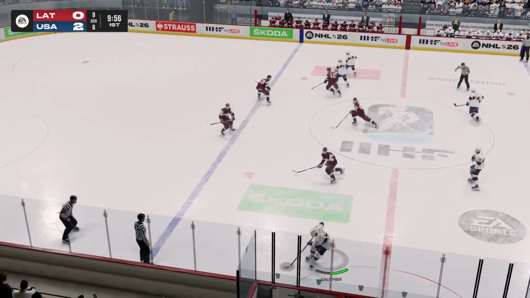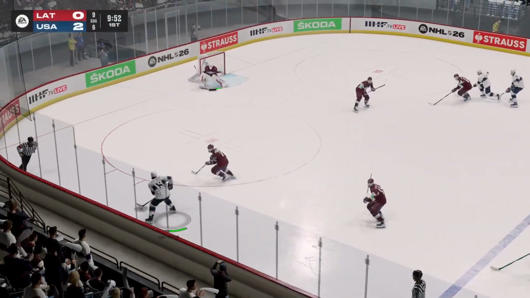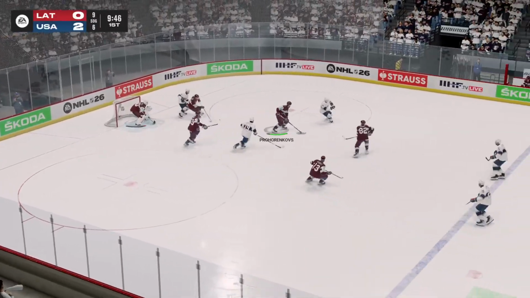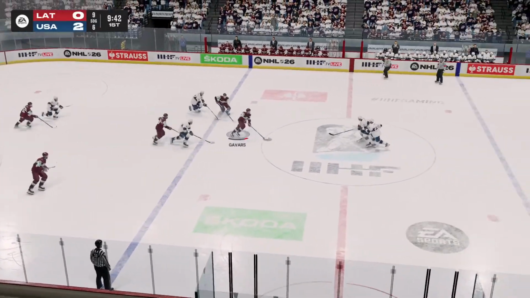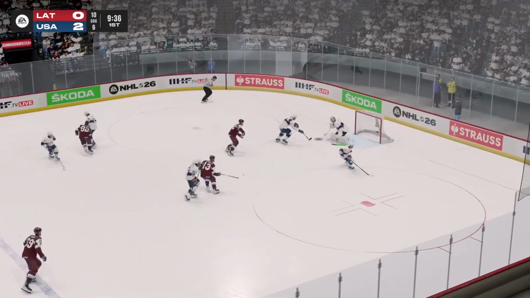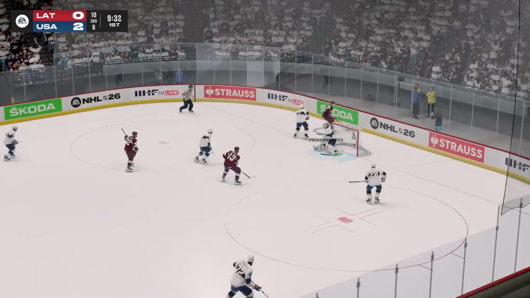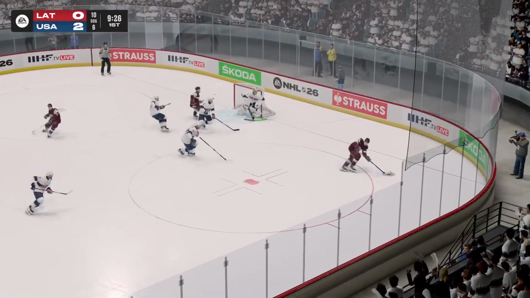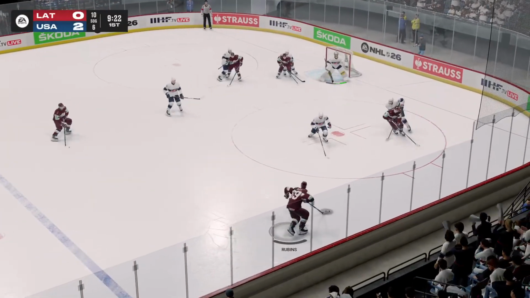2-0 United States, power play goal for the Americans. Gauthier centering pass. Thompson didn't get it off clean. And Latvia will pick out into center ice. Gabbers sends it towards the net. Swayman knocks it down. Latvia keeps it alive into the slot. Loose puck. Floats towards the near half wall. Back up to the point.